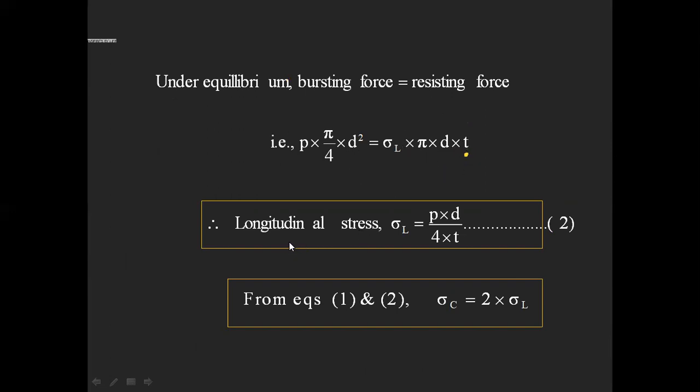When you equate these two, your longitudinal stress will be p into d by 4 times t. Understand? So this is your longitudinal stress, right? Now listen carefully. Your hoop stress or circumferential stress is p into d by 2 times t, and your longitudinal stress is